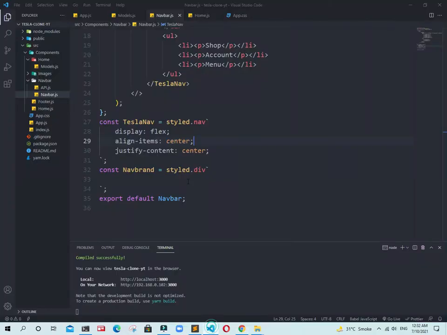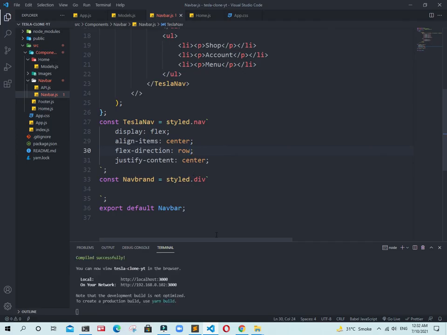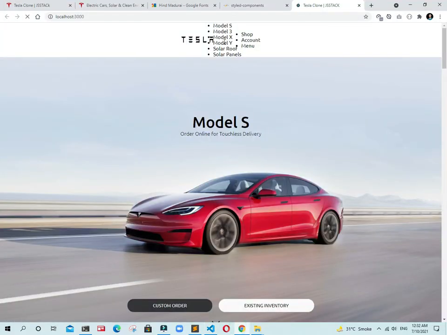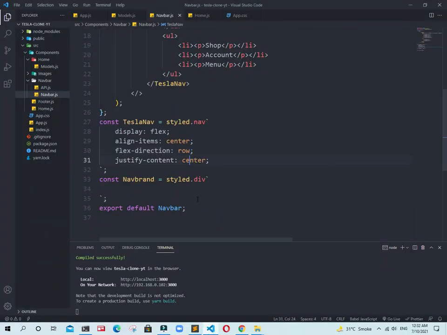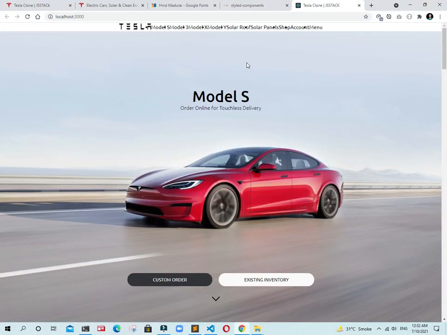And when I say that flex-direction will be row, you see, it's not going to be in a row. We need to just add a flexbox in the ul. Just add align-items center. Yes, how cool that we are working with pure CSS.